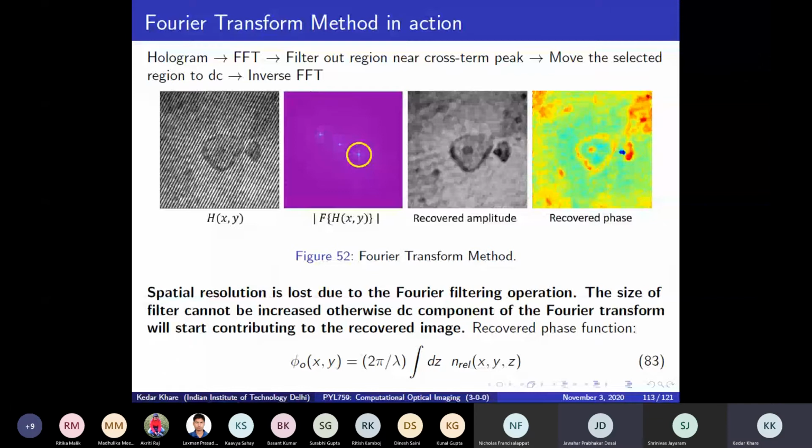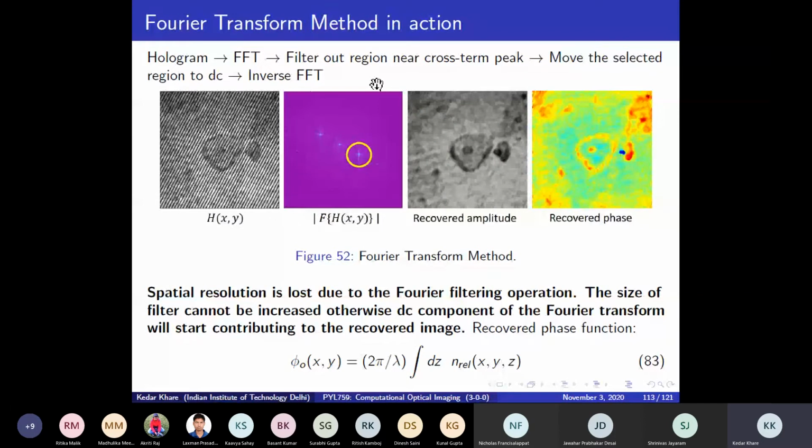Yeah. So what I'm going to do is, I'm interested in information only in this band here, right? Of the Fourier space. I know that the information of interest, that is modulation of fringes, is sitting near this peak, the side peak or side lobe peak. So I'm going to take some region of Fourier space, and this whole region I'm going to shift to DC, in the center. So all I have to do is take all these pixel values and put them at the center of the image. And outside the circle, I can turn everything else to 0.